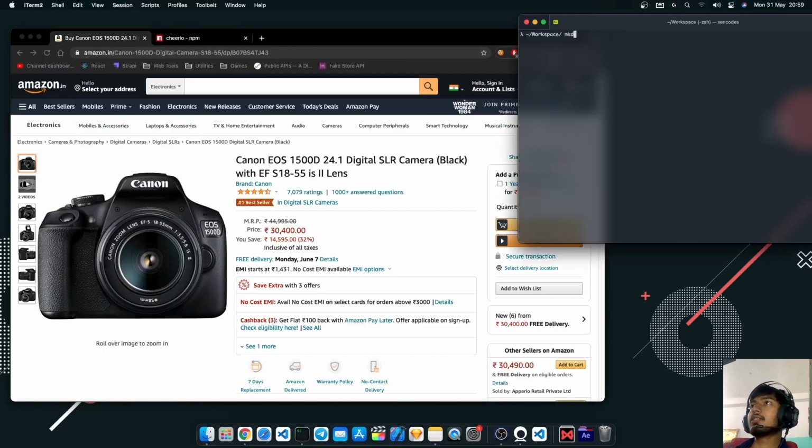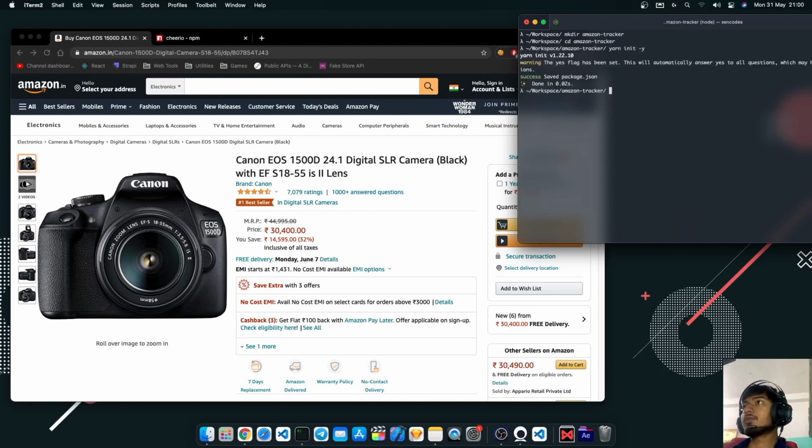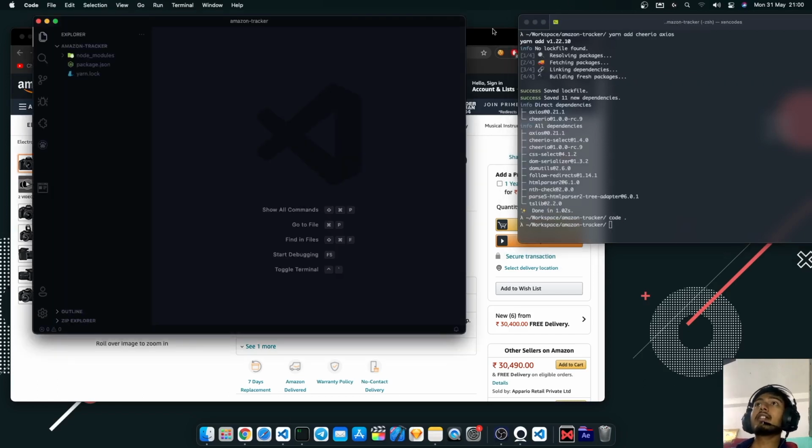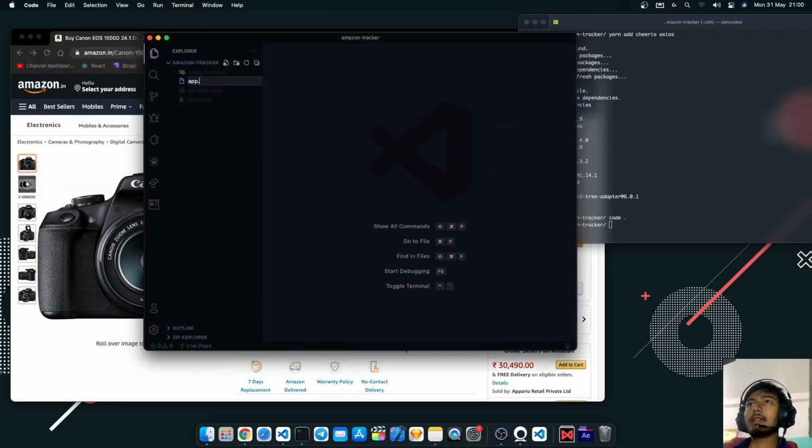Let's start by making a folder, Amazon tracker. The next thing we are going to do is npm init -y and yarn add Cheerio and axios to make HTTP requests. Let's open it up in VS Code and create a file called app.js, or whatever name you want to give it. Let's require axios